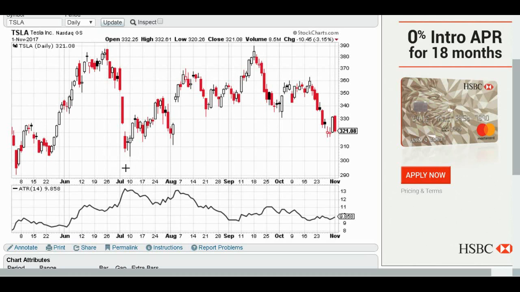You would have done quite well, because then things calmed down and it even drifted upwards quite a bit. So if you had sold an out of the money put option here, below where it went down to, 308, at a strike price here, you would have profited quite well. And again here, volatility picked up, and since it went down so much, you could have sold a put option with a strike price of 300, 290, 295, you pick it, and you would have profited again, because things calmed down, the investors calmed down and stopped dumping the stock, and it went right back up. So that's an example with Tesla.